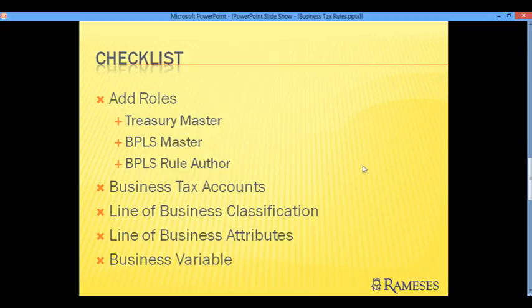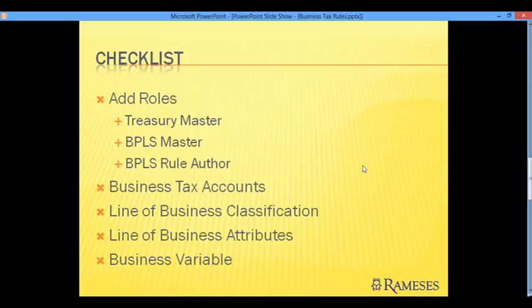And before we begin, we need to do a checklist first. The first step is to check that we have the proper roles for this exercise. We need the Treasury Master role for the accounts, the BPLS Master role for managing BPLS master data, and we will also need the BPLS Rule Author role.